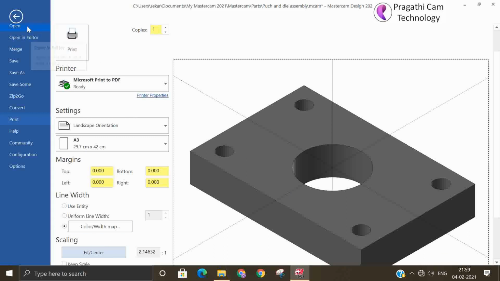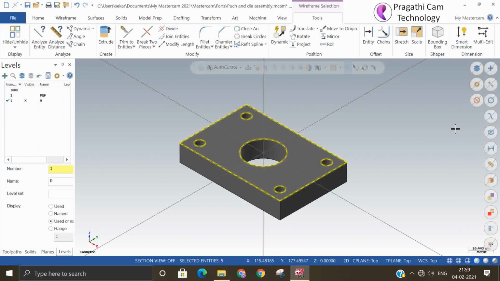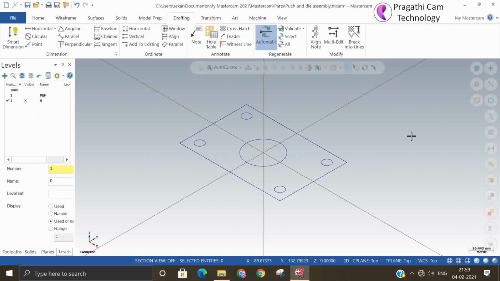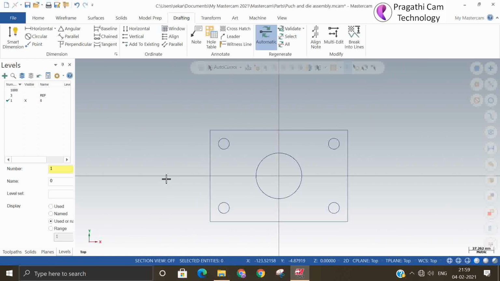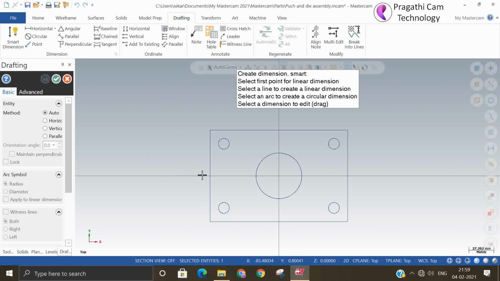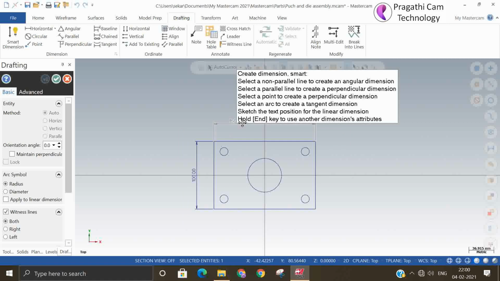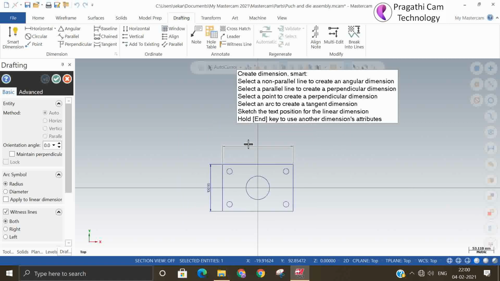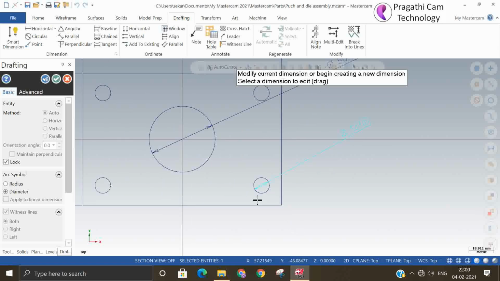Or otherwise, I don't want this along with the solid. I need only 2D, and that also you can do. I select all the 2D top view. So now you want to print it. So you can take the dimensions and also then print it. So you can make the drawing here. And we will see complete drafting as a separate lecture. Now just to explain you about the print, I am showing a small example here. Don't worry.